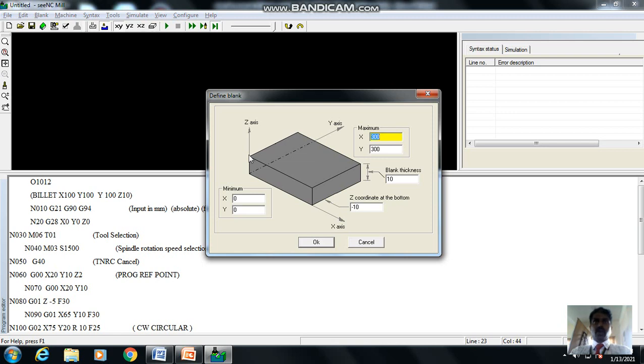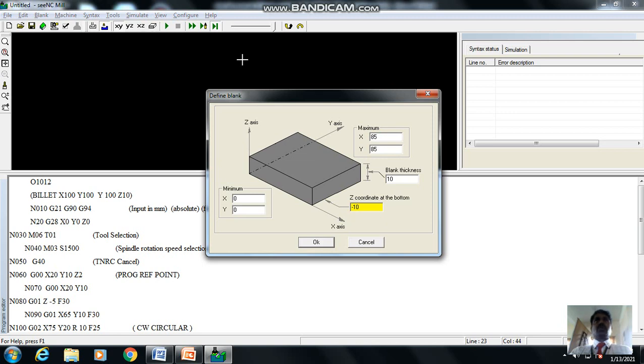So here x comma y is 0, and here it is 85, and this is also 85. Okay, x 85, y 85, x 85, y 85, and the thickness given is 10 mm. So I am going to shift. Suppose if I give the same 10 mm thickness, what will happen in 3 dimensions?